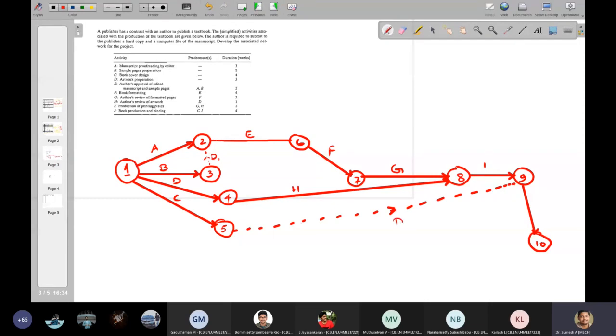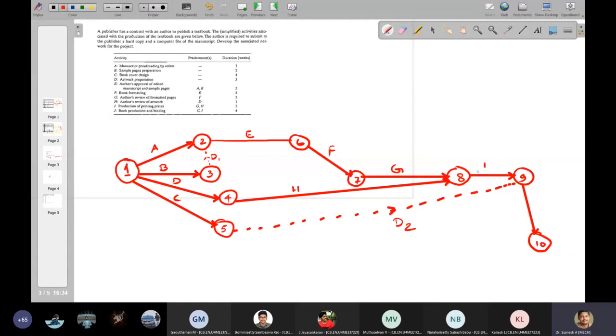Or what I can do is connect this node 5 directly into node 9. Okay, that is also correct. Instead of marking this 5, I can directly connect it to node 9. So that is also correct.